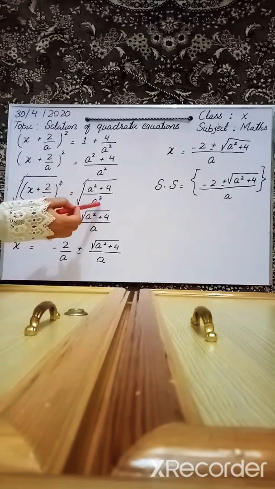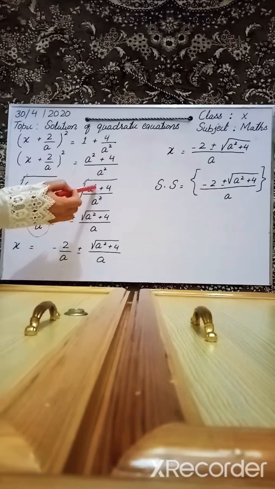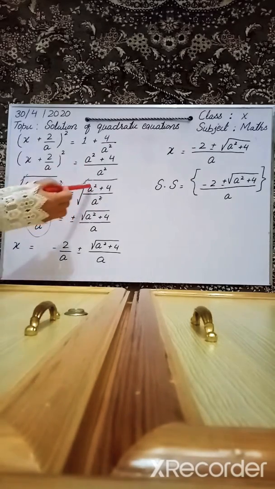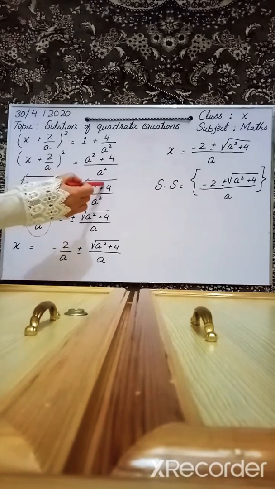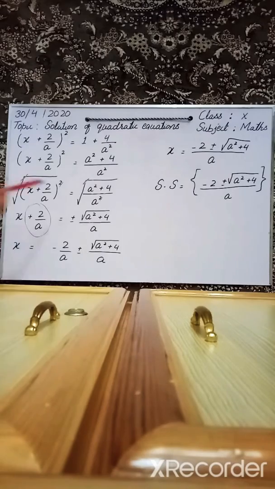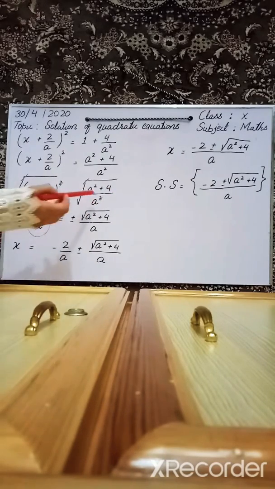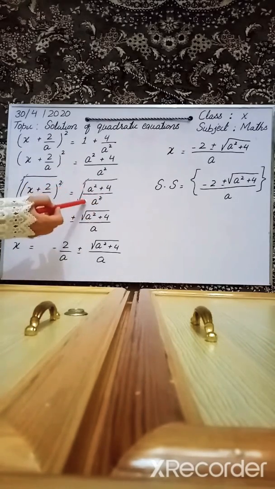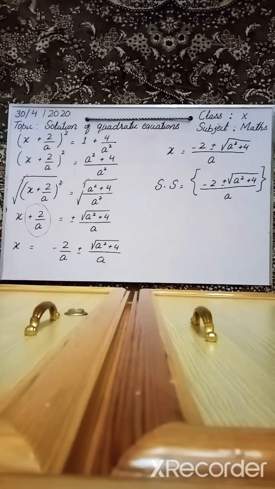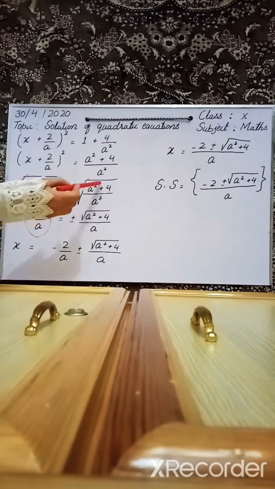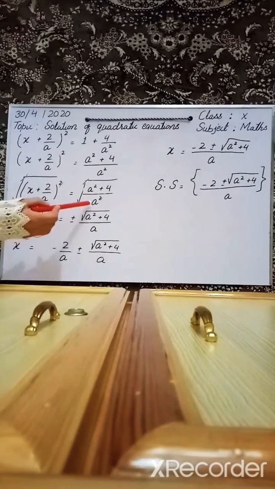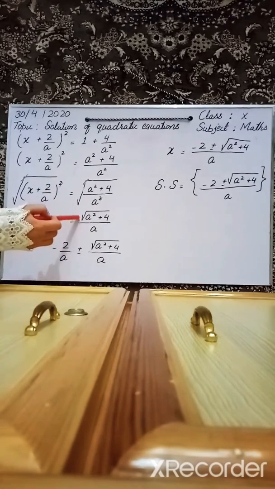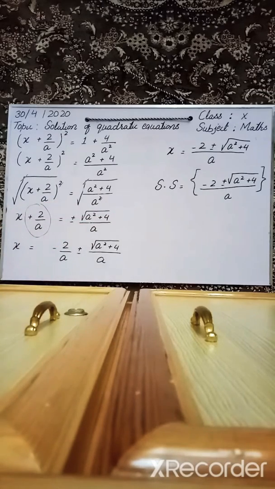Okay, make sure, students, that you do not cancel this square with the square root. Why? Because this is not a separate term, rather this is an expression. A square is combined with plus 4, and we don't have any square on the plus, though 4 can be written in square form. So it cannot be cancelled until we have a whole square. Here this square can be cancelled because this is just a single term, but this cannot be. Fine, so please don't cancel this. As it is written like this, we can have a, and above it, since it is not cancelled, we have this in square root.